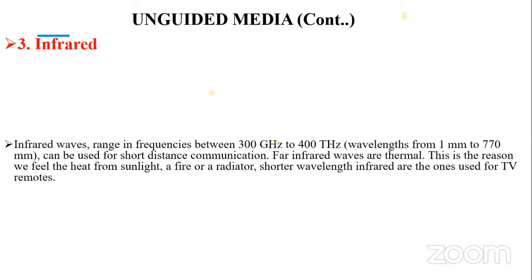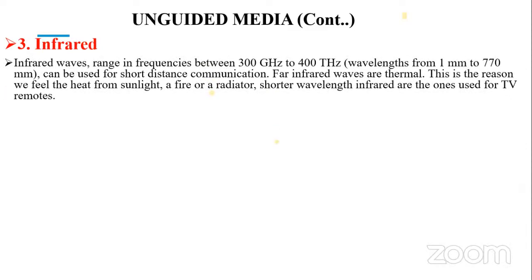And the third one of the unguided medium is infrared waves. The infrared waves range is 300 gigahertz to 400 terahertz. So it can be used for short distance communication. Far infrared waves are thermal. This is the reason we feel the